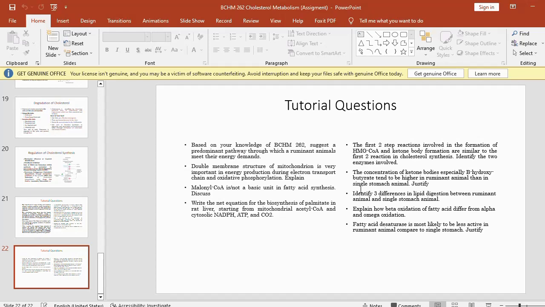3 differences in lipid digestion between ruminant and single stomach animals. So this action of intestinal microbes, we have the action of microbial lipases, which you don't have in single stomach animals. We have this formation of volatile fatty acids, and we have this